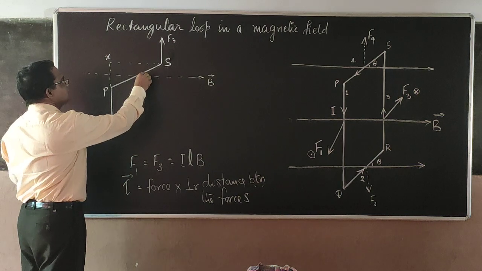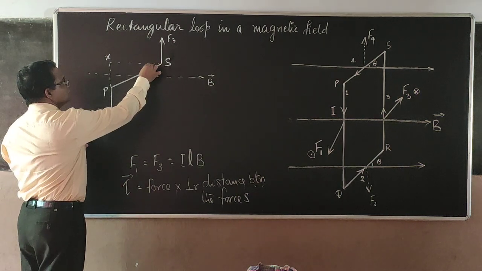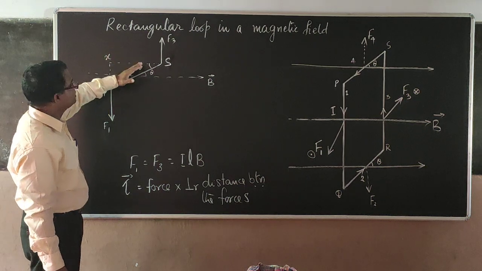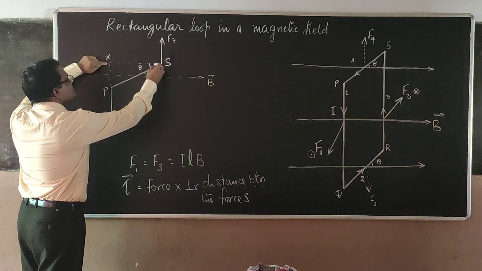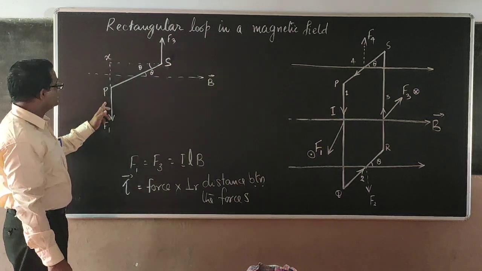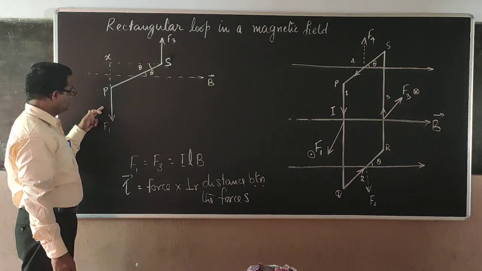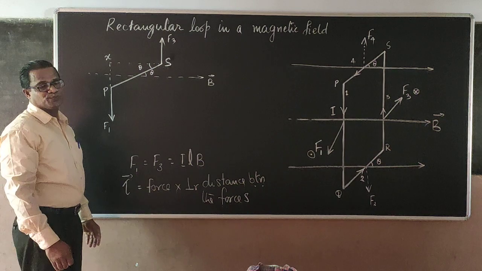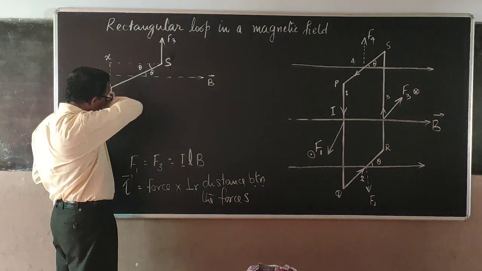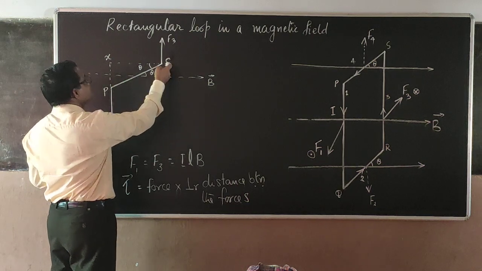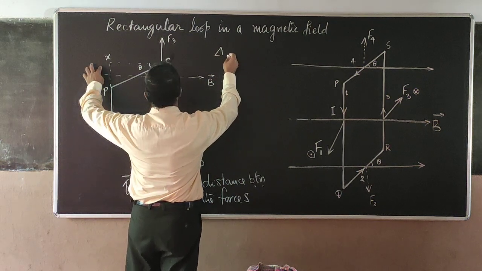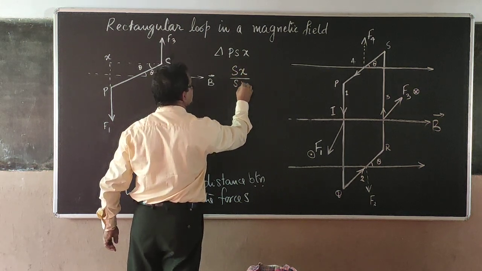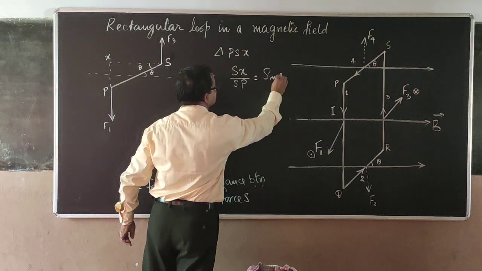Then, if this is angle theta, this is also theta, and therefore you can see the side XS, this side length, will be the perpendicular distance between F3 and F1. Because F1 direction is like this, F3 is like this, and this is the perpendicular distance between the two. Therefore, this SX I can take from the triangle PSX, SX by SP is equal to